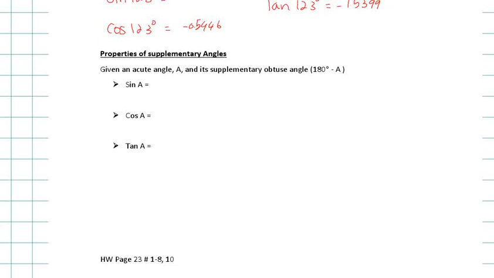Here's the relation. You know how we've been talking about that cosine of the acute angle is equal to negative cosine of the obtuse angle, right? We've been talking about it. So we're going to write it as a formula. Okay? Remember that